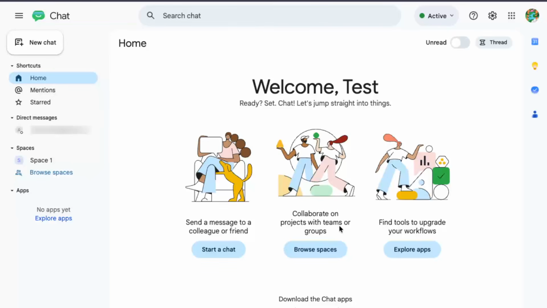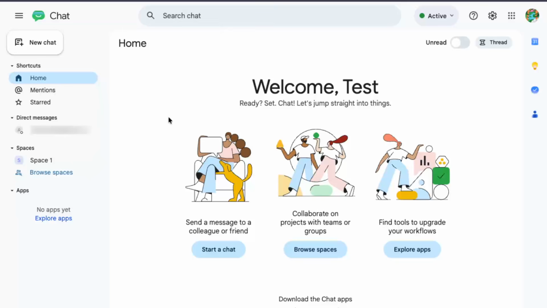In today's video, I'm going to teach you how to find Google Chat ID. If you need to identify someone's Google Chat ID, the good news is that it's very simple. In Google Chat, the ID for a direct message contact is typically just that person's email address. So in this walkthrough, I'll show you exactly where to look and how to confirm it inside your Google Chat